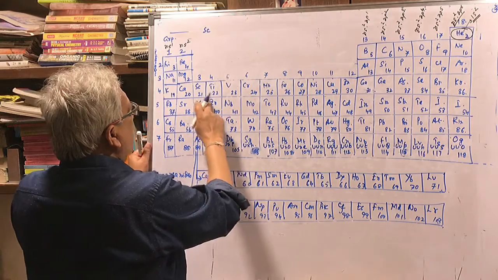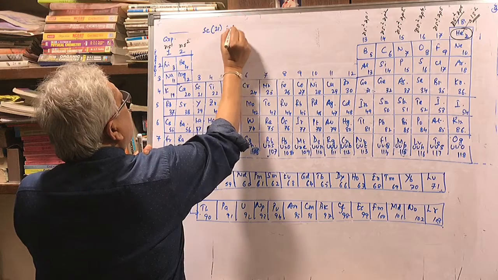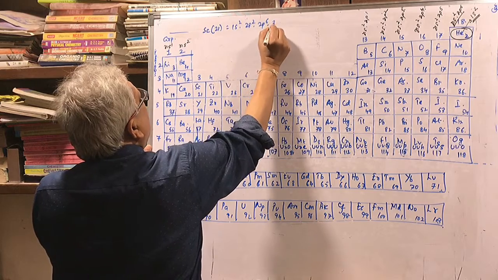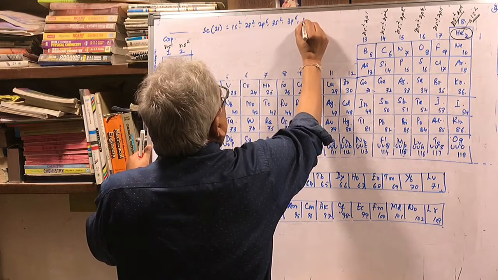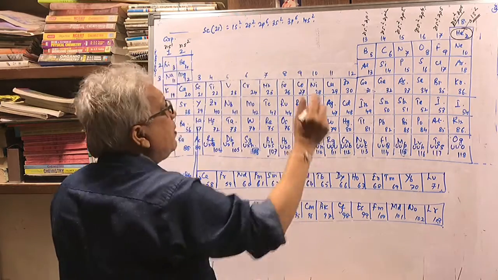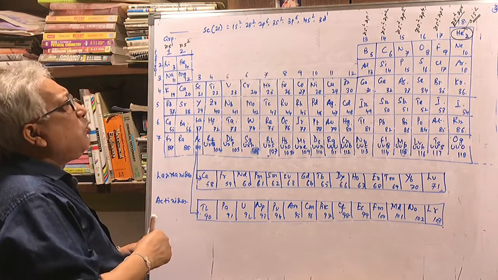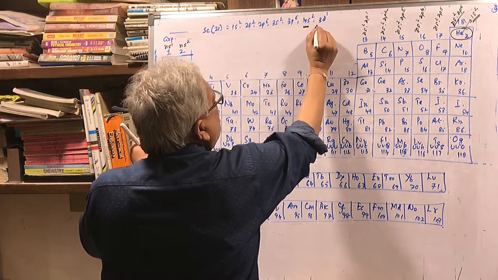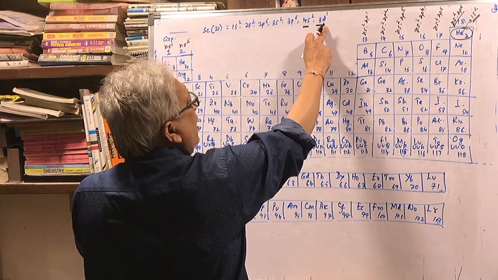So here what will be the configuration? So scandium, atomic number 21. So configuration is 1s2, 2s2, 2p6, 3s2, 3p6, then 4s2, and after 4s, 3d gets filled up according to above principle, then it will be 3d1. So if anybody asks me what is the outermost electronic configuration, I have to mention 4s2 because fourth shell is the outermost shell, but I have to also mention 3d1 because the last electron has not gone to the outermost shell but the second last shell, it has entered the 3d.